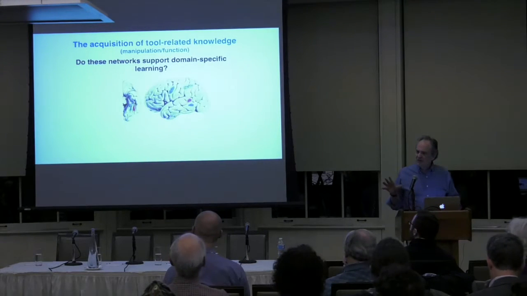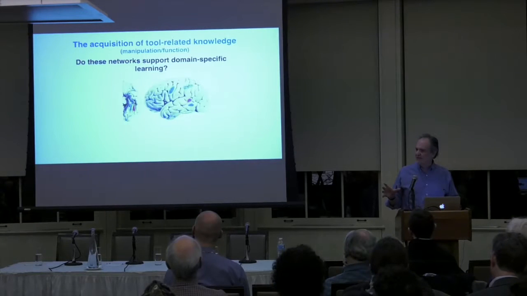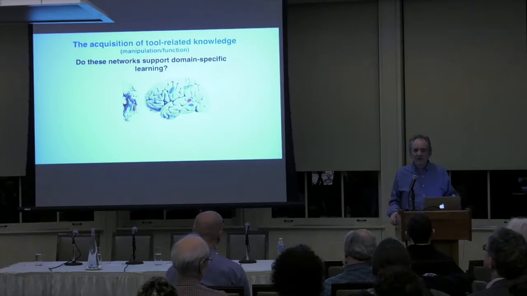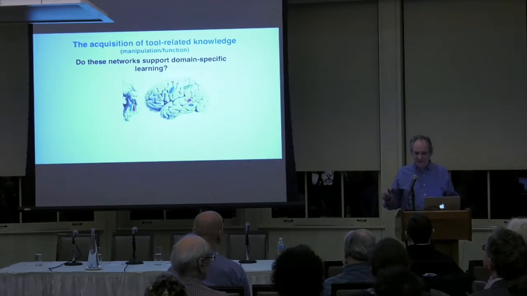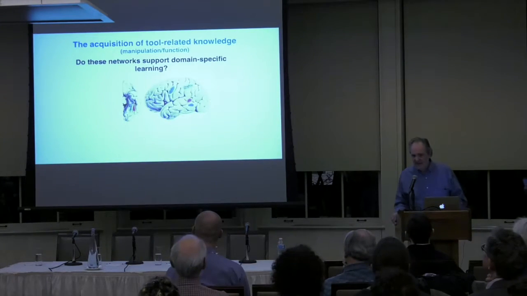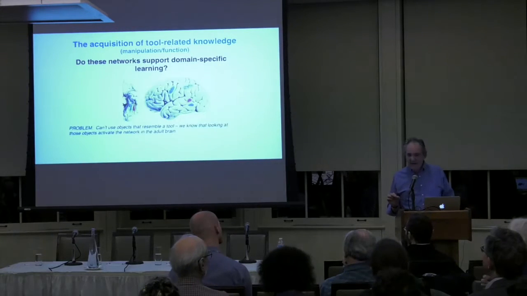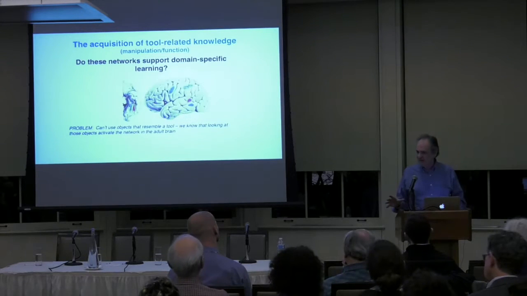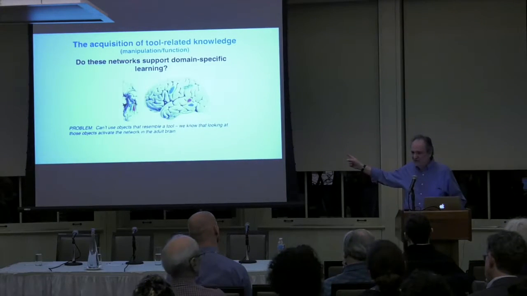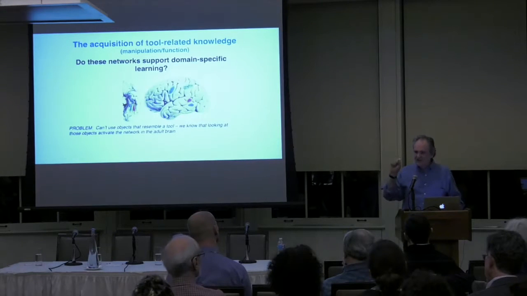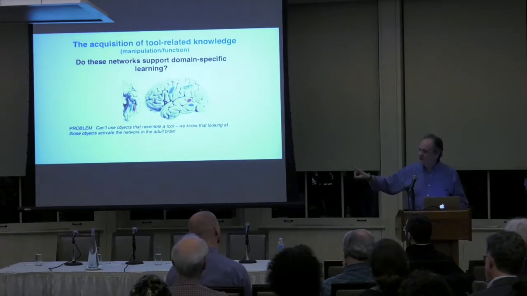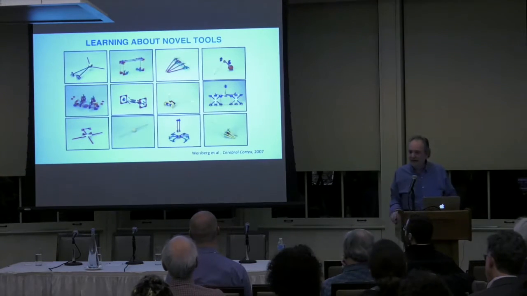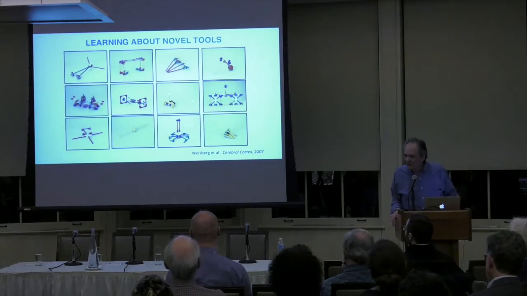So if this network is really about supporting our knowledge of tools, then it should kind of come online when we learn about these kinds of objects like Nikki was just showing us. But there's a real problem with doing this. And the problem is that anything you show somebody that even looks like a tool is going to activate this system, because I already showed you in the adult brain, you just show people pictures of tools versus animals, you get this system. So to get around this, what we did was create what we call novel tools,